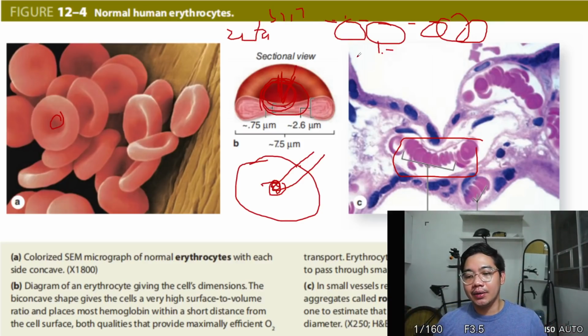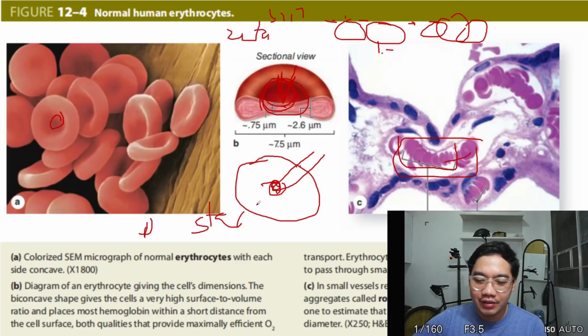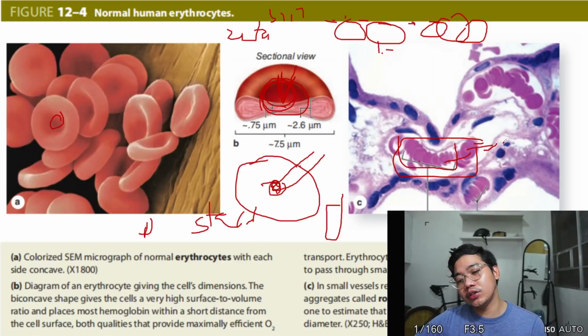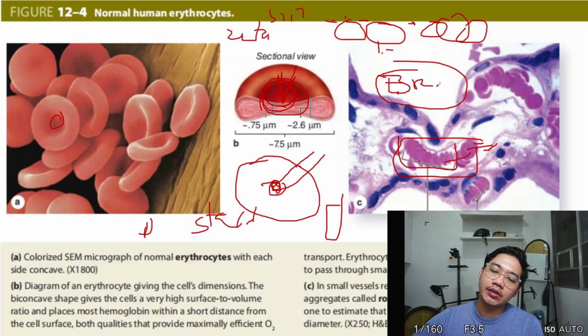But in your small blood vessels, since they have no place to go, they will eventually stack due to the pressure. The pressure will eventually override the negative charge. So they will form a rouleau, which is just a stack of coins. That's the origin of the name rouleau, and they will stack together. This principle is what we use in the erythrocyte sedimentation rate test, your ESR. It's the speed, the rate, at which your RBCs stack, based on the increase of your acute phase reactants. Anyway,